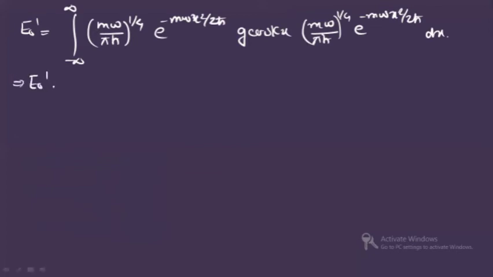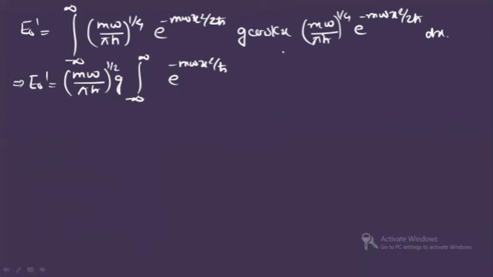So this is E01, the constant term, so it will be outside the integration. 1 by 4 plus 1 by 4 will give you 1 by 2, right? G is also a constant term, it will be outside. The integration from minus infinity to plus infinity is as it is. Now if you see e to the power minus m omega x square by 2 h cut, 2 times it is there. So it will give you minus m omega x square by h cut, right? When you add them, minus and minus will be plus, so it will give you 2 and 2 will